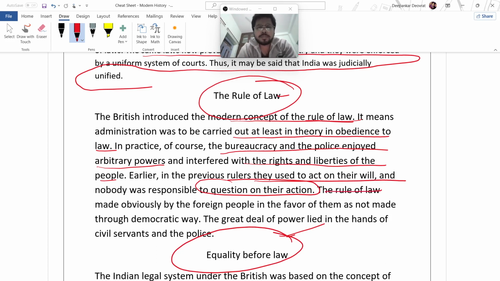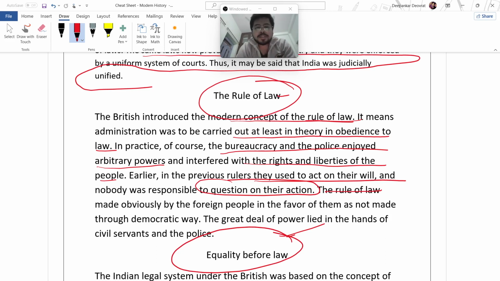So the rule of law, these things we followed in our constitution, and we are following it because it was a good thing. That's what B.R. Ambedkar said. There was a point against him, that why have you followed the British thing. So he said that if anything is good, there should not be any doubt in accepting those good views. So that's how the rule of law was accepted.